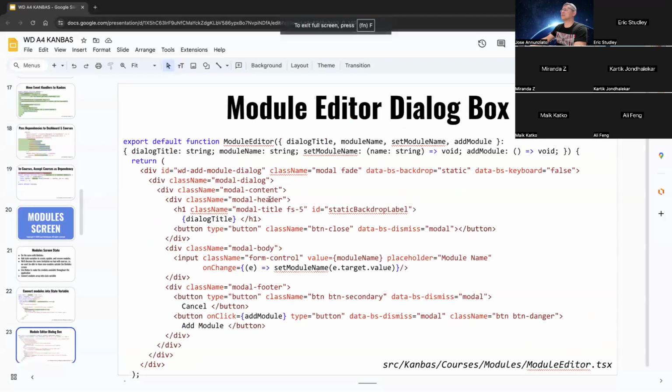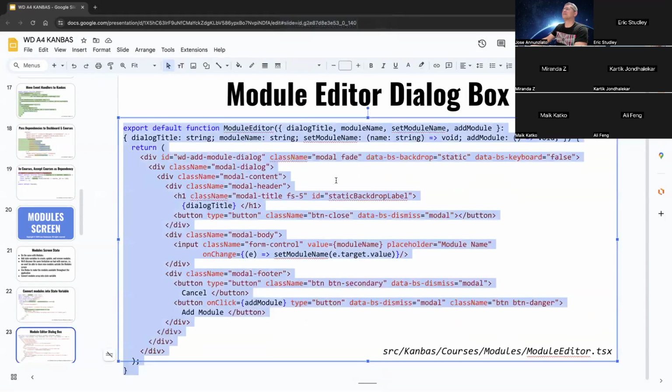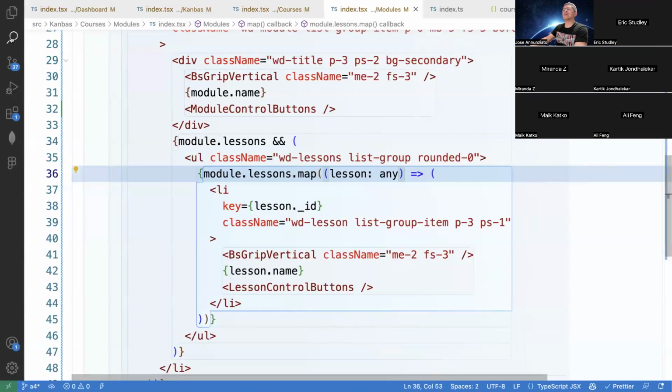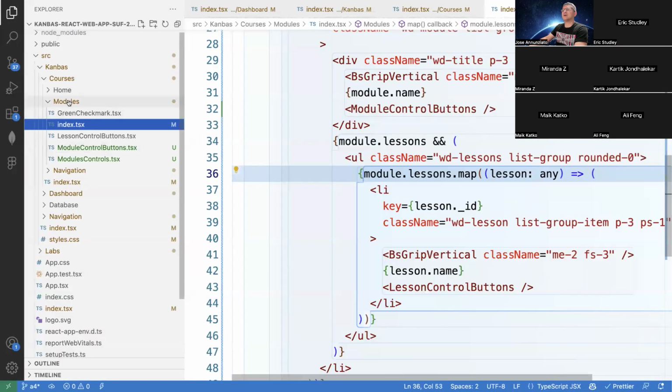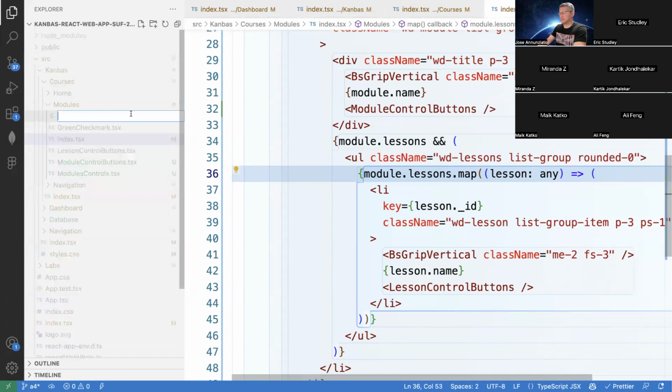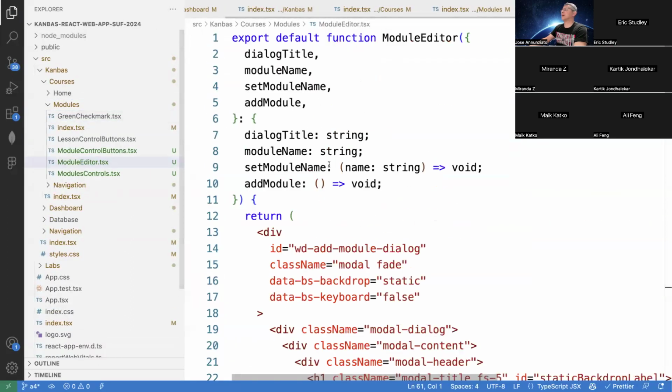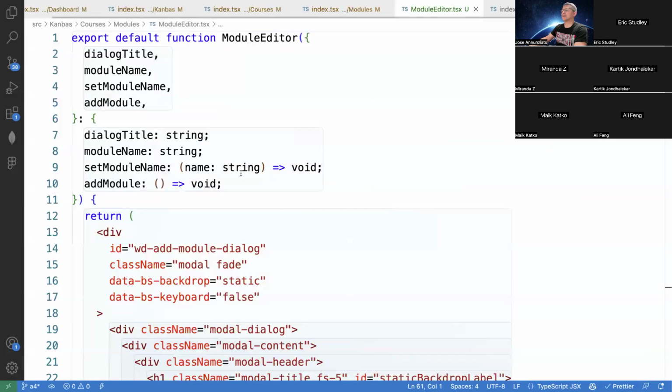So let's create this and we'll put it in module editor. So we'll do here in modules. We'll create a module editor, module editor TSX, and we'll copy that in there. Module editor, there it is. And it's